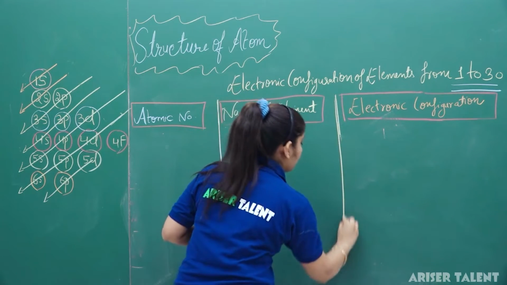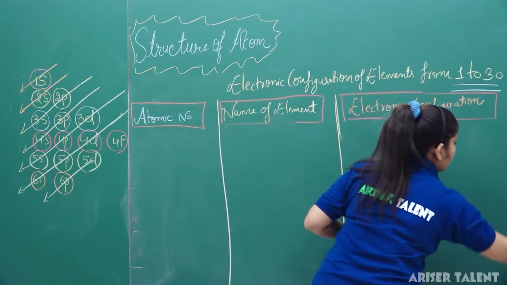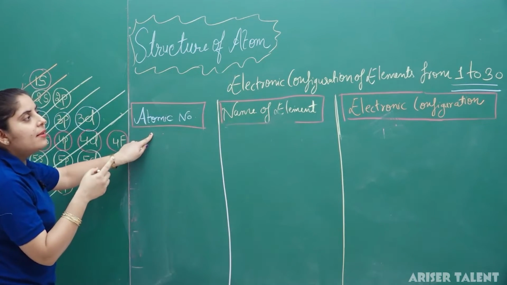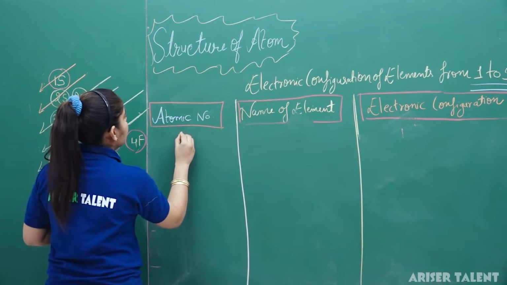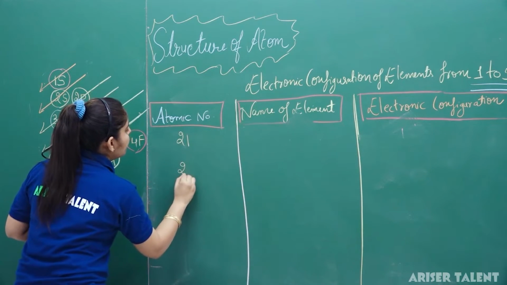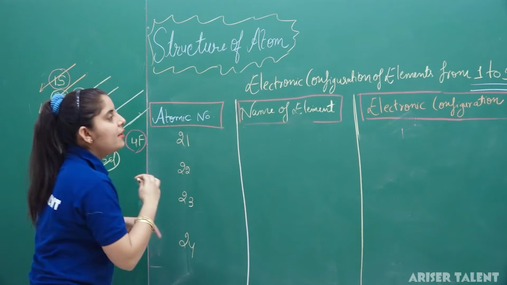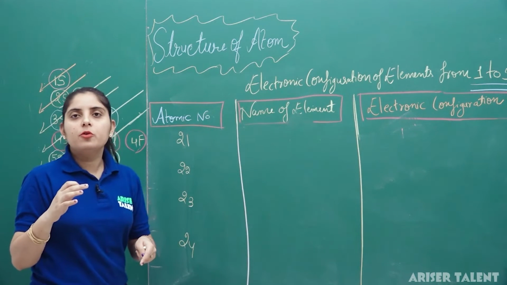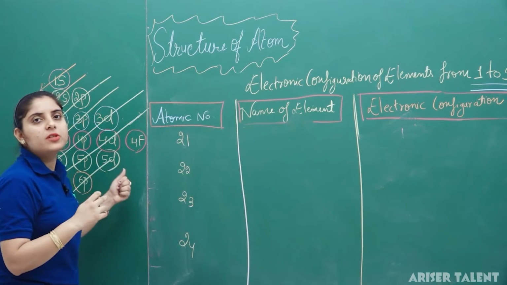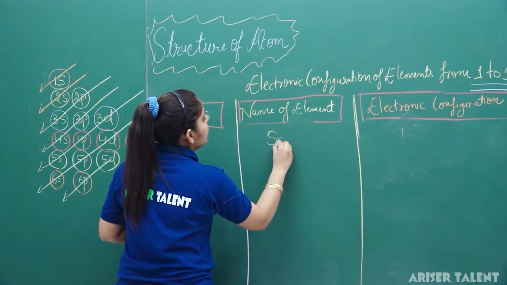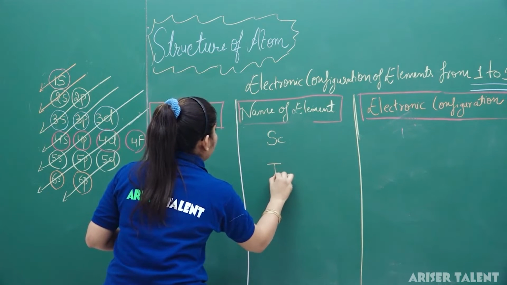Now we have atomic number 21 and the element is scandium. So we will learn from 21, 22, 23 and 24, and the rest of the metals will have the same electronic configuration, only the outermost electron is going to change. So we have the first element, that is scandium, titanium,